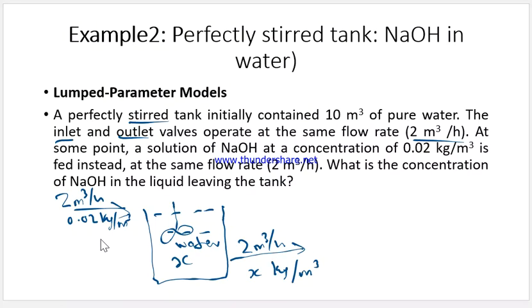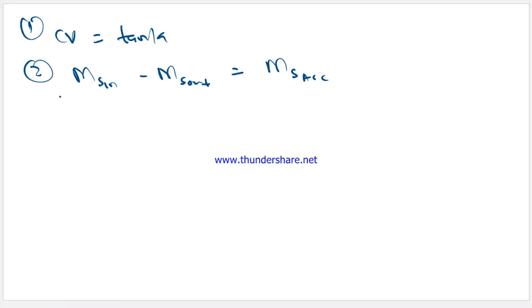What is the mass of sodium hydroxide in? That means if you multiply 0.22 kilogram per meter cube by 2 meter cube per hour, we are going to get 0.04 kilograms. So that means mass in is equal to the concentration of sodium hydroxide, kilogram per meter cube, multiplied by the actual flow rate of the liquid coming in, which is 2 meter cube per hour. So you can see it gives us